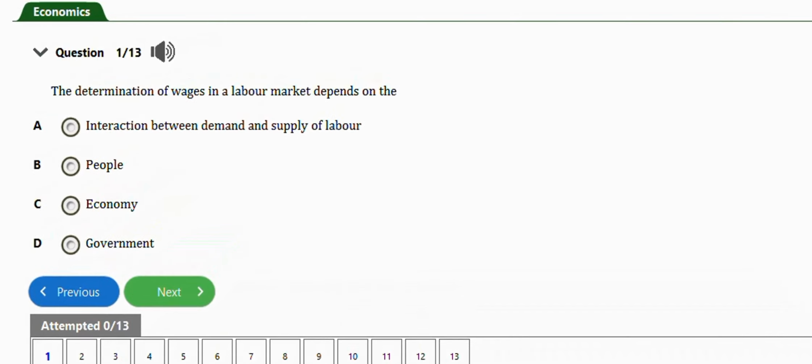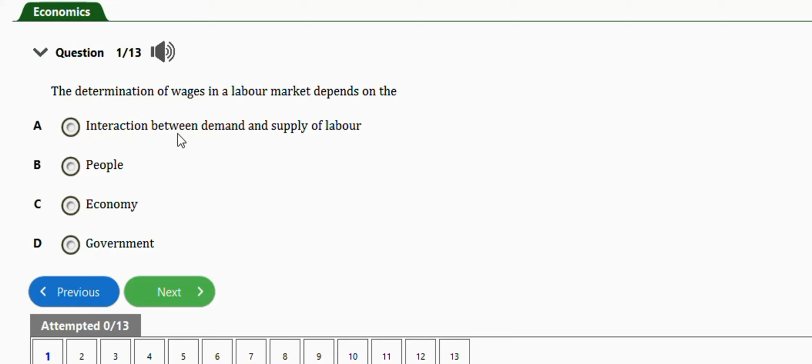In this video, we're going to learn how to solve these JAMB economics problems under the labor market and unemployment. So guys, we're going to focus on the subtopic, the demand for labor. So we have 30 questions to practice in the video. Let's get started. The first question I have here says, the determination of wages in the labor market depends on